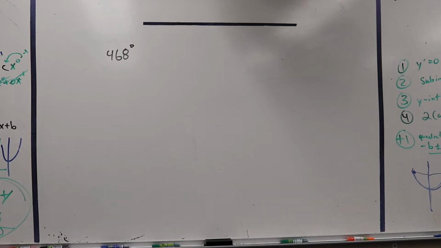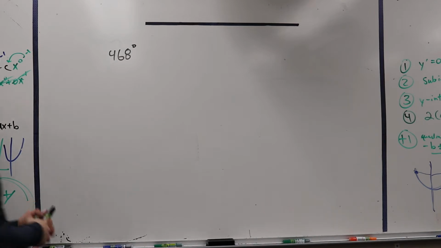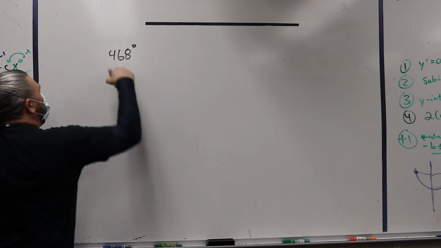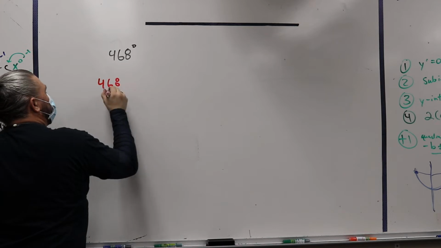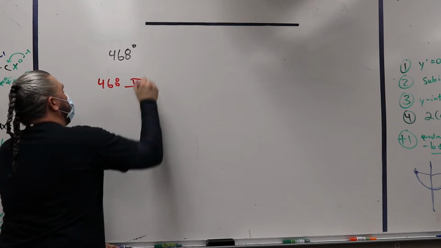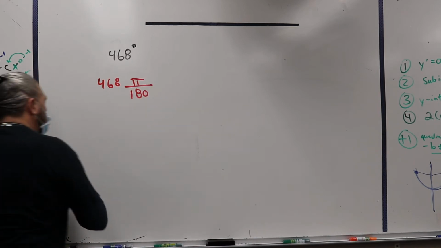So let's go with 468. We're going to turn this into radians, right? And so if I take the degrees, 468, what do I multiply it by to get to radians? Pi over 180. Pi over 180. Okay? And so